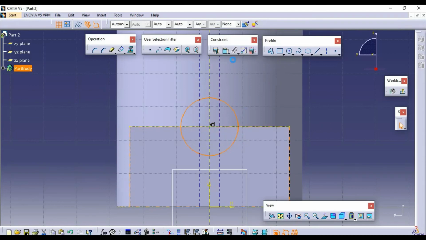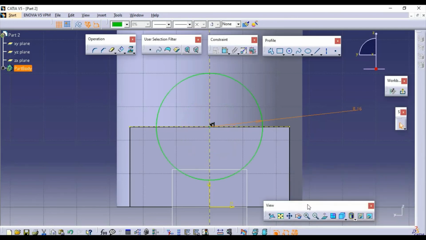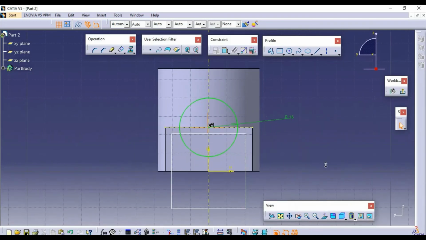Here you can see, if you double click the dimension option, the dimension comes in a pop-up window. If you need a radius, you can switch it to radius. Then I will give the radius as 16 and then OK. Our sketch is finished now. Again we need to select Exit Workbench.